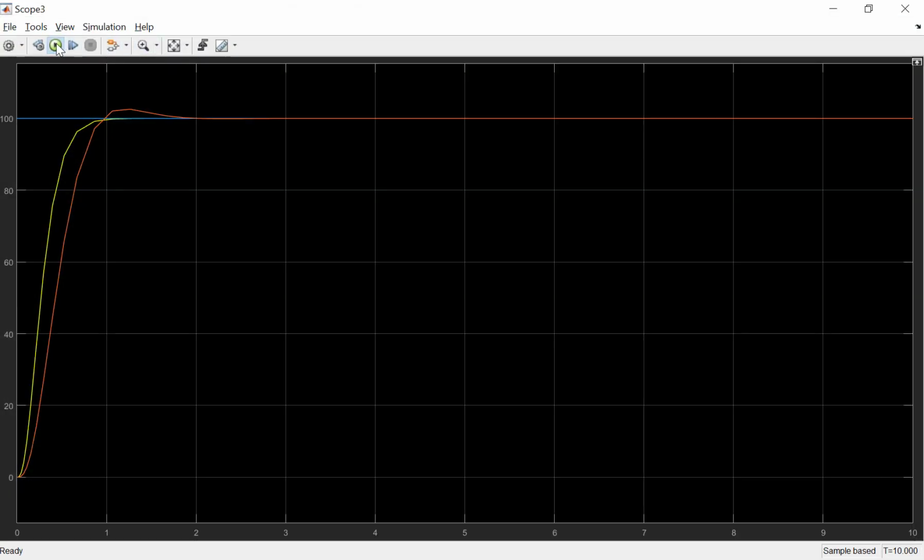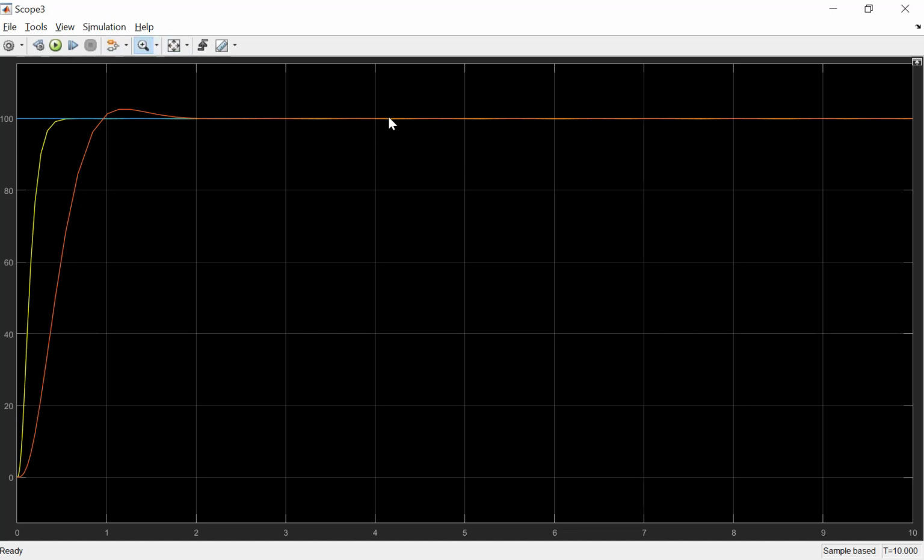We can simulate again. This is the full state feedback controller using pole placement, and this is the full state feedback controller using the LQR. The response is good for the full state feedback, but there is chattering here.